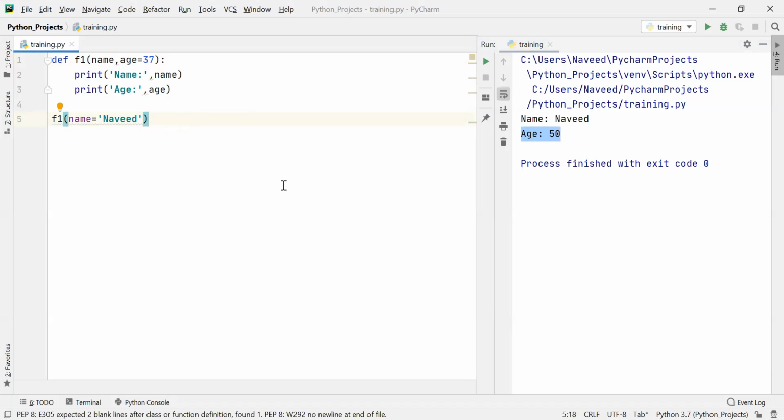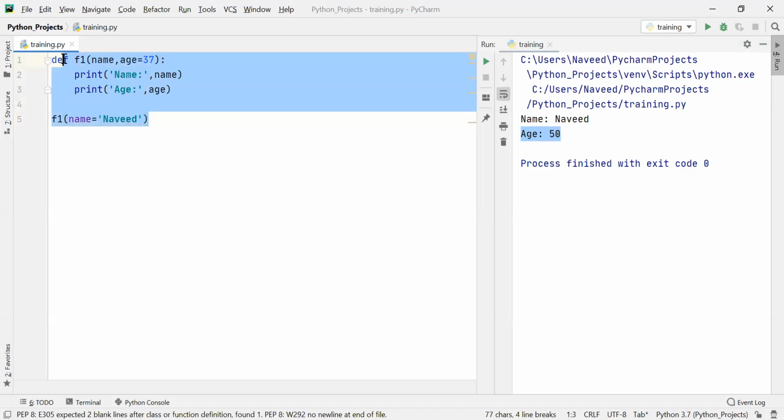Okay. Now we come to a variable number of arguments. Now, what do you mean by variable number of arguments? See, this is very useful when we do not know the exact number of arguments that will be passed to a function, or we can have a design where any number of arguments can be passed based on the requirements. So let me just show you with an example here.